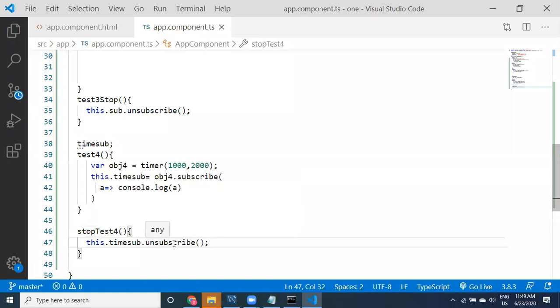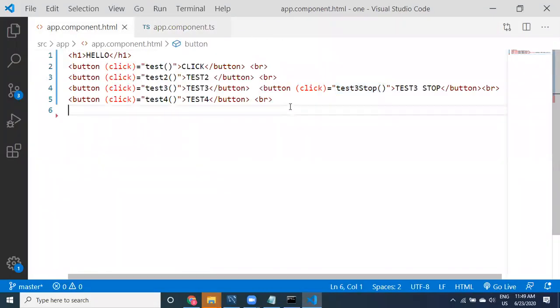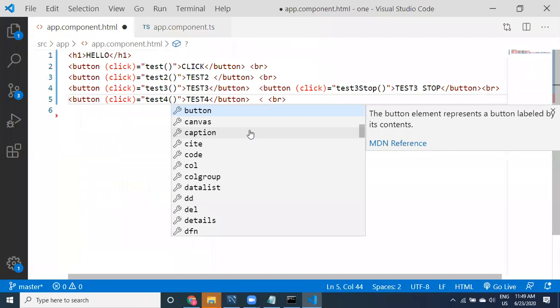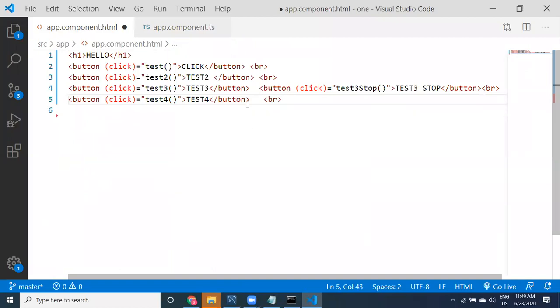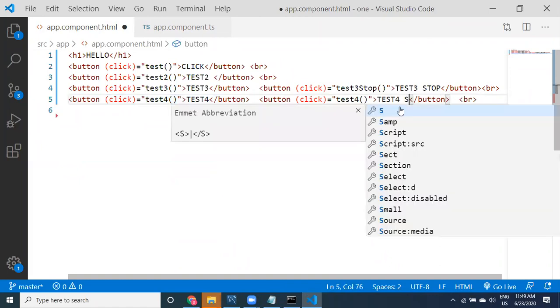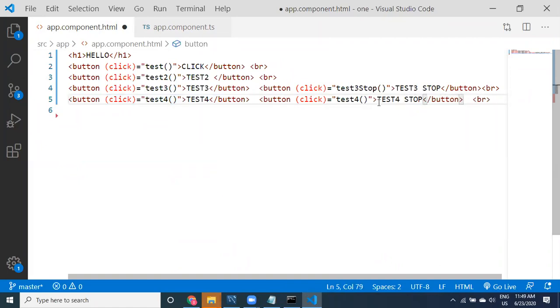That's all. Whenever you click on test 4, it is going to get executed. I want to call this method from here by providing another method within the same component. You may provide a method test 4 stop.